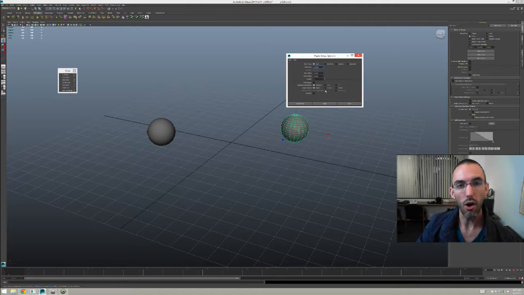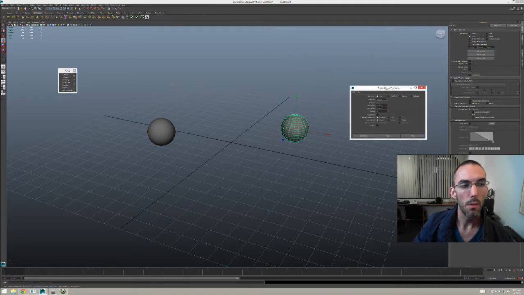Right now, it already has it in the clipboard. But if you're using any of these options, you're relying on Maya to sort of know exactly from where and to where those keys are supposed to be pasted.